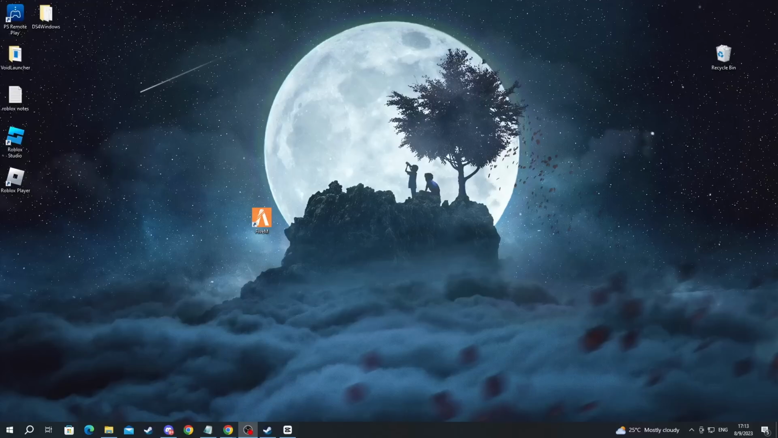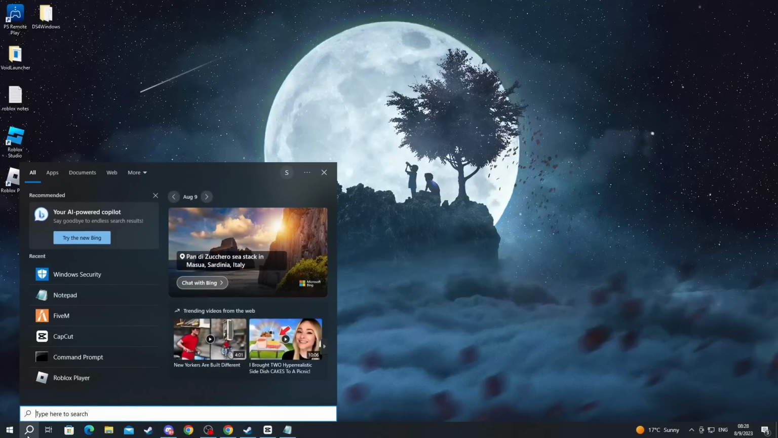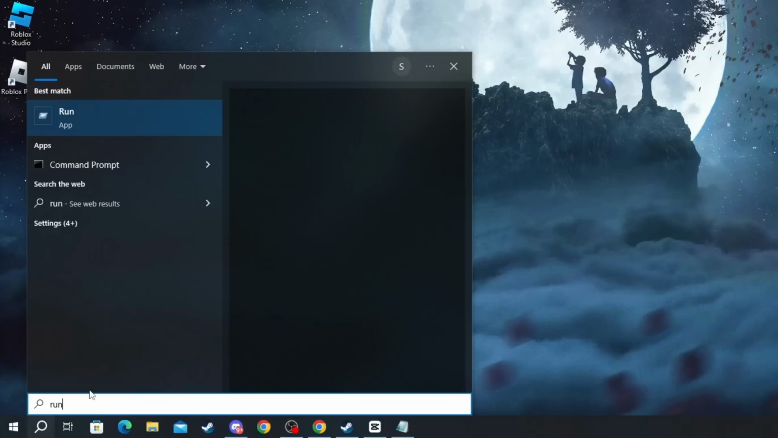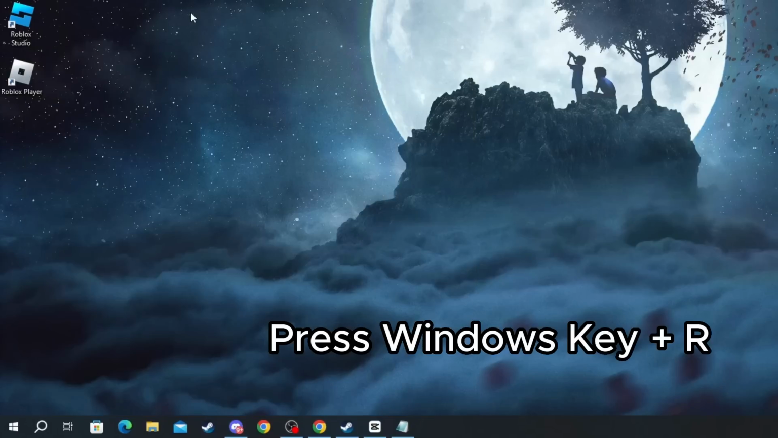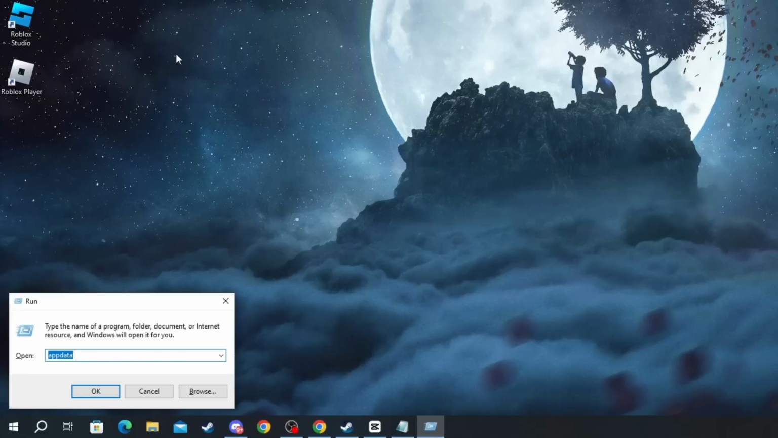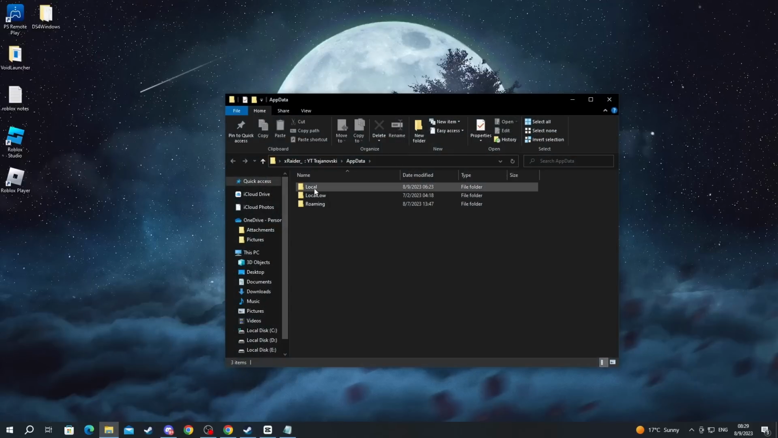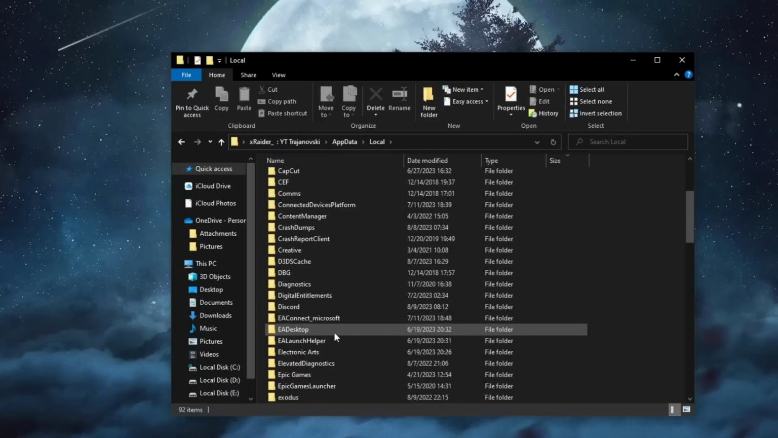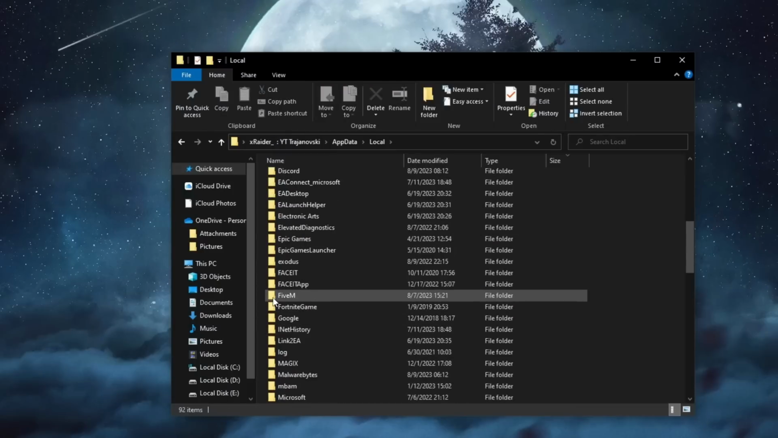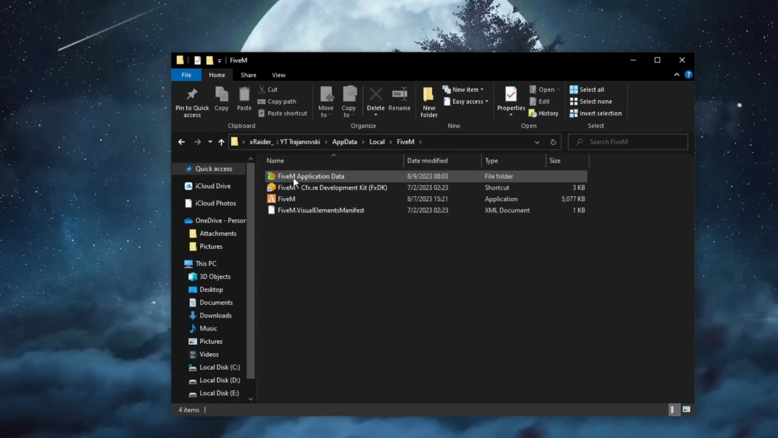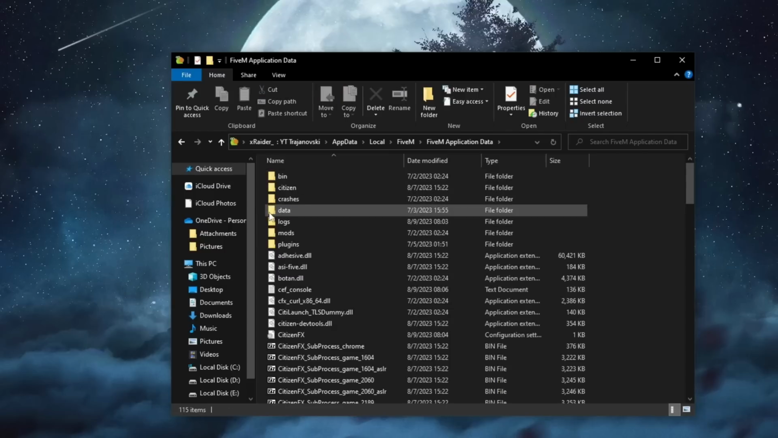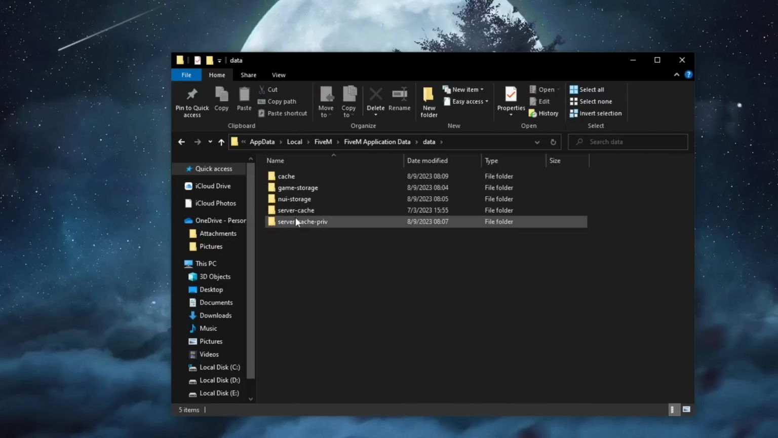To delete the files, you will need to go to the bottom left of your screen and press the search button right here and write Run and select the application at the top, or you can simply press Windows key plus R. Then in the run prompt in the bottom left, just write app data and press the enter button. Now you go into the local folder at the top, then you scroll down and you locate the FiveM folder. Here it is. Then you go into FiveM application data, then you go into data folder right here,